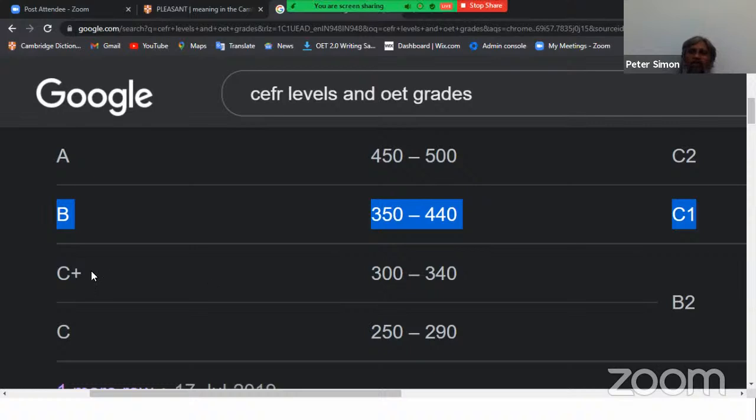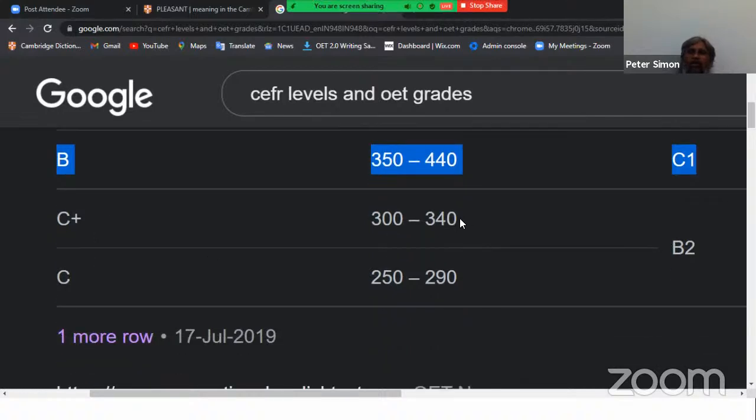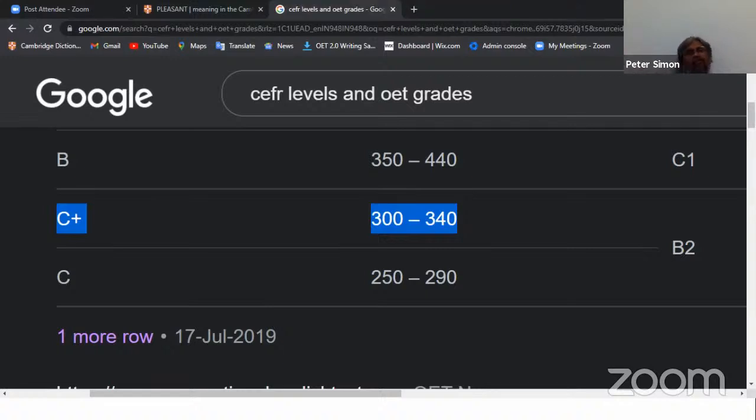And now many students don't get that. They get between 300 to 340. Why? Because they are using B2 vocabulary. B2 vocabulary means medium range vocabulary. Go to the Cambridge Dictionary, Cambridge University. These are CEFR levels. What is meant by CEFR levels? Common European Framework of